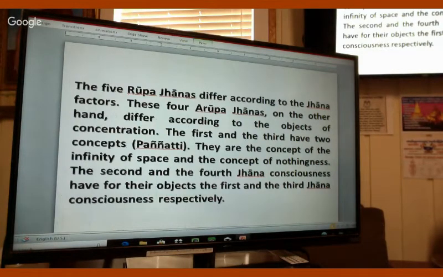It's so subtle. Arupa Jhana is very, very subtle, so it is very difficult to practice. If somebody goes there knowingly, they can do it. Otherwise, some people would just go without knowing where they're going. But if somebody does it knowing where they're going, I think it's fine. And then the subtlety is another problem.